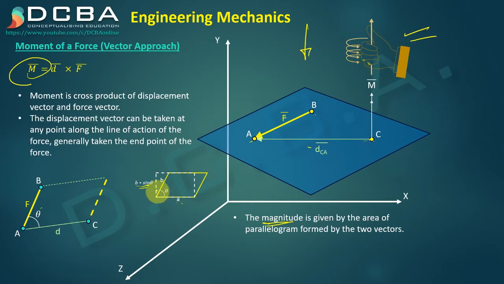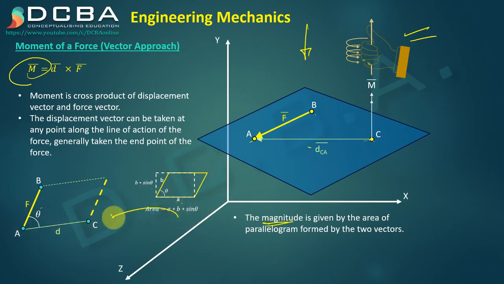How? See, A into B sine theta is the area of this rectangle. This much area of triangle is not a part of the parallelogram that I am considering, and this much area of triangle is a part of the parallelogram that I am not considering. So they both complement each other and they both cancel out each other. Therefore, at the end we get the area of parallelogram as AB sine theta.